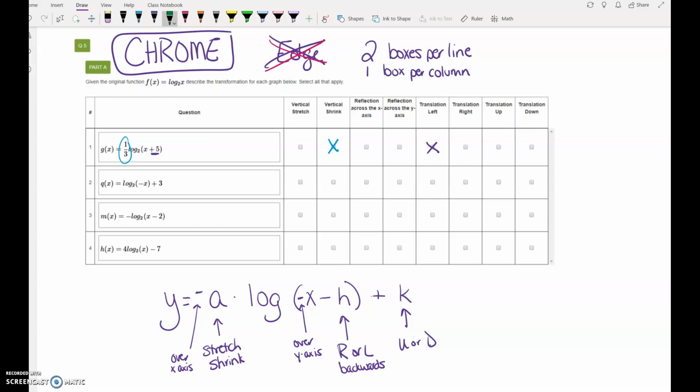All right, in the next one, the +3, that's outside of the parentheses, that's up or down, and that is,